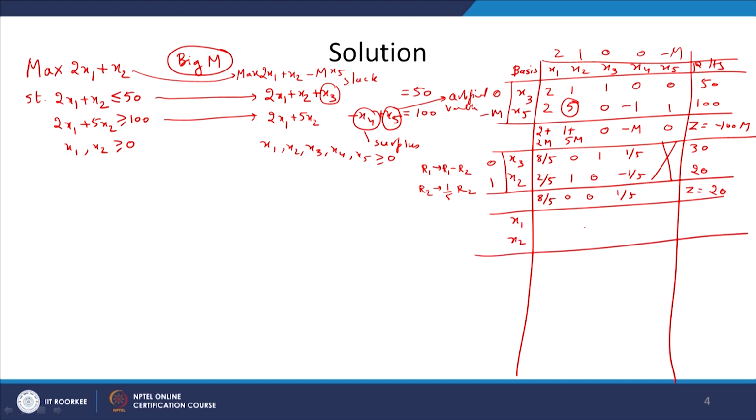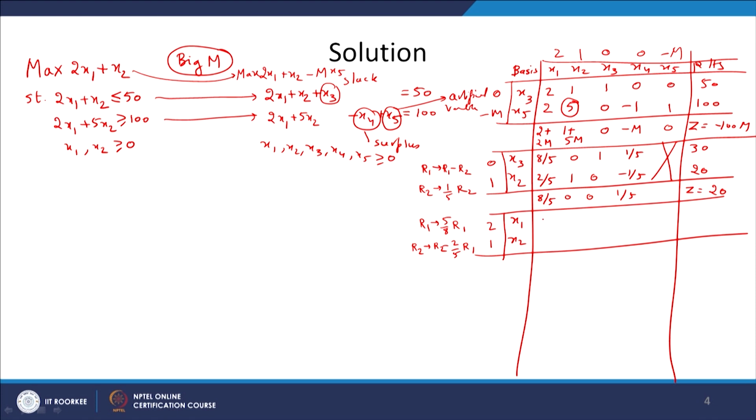So, I will leave this as an exercise how we decided that x1 should enter the basis and x3 should leave the basis. This is the normal way we have been doing. Accordingly, we will apply the elementary row operations as follows: R1 is to be replaced by 5 by 8 R1, R2 is to be replaced by R2 minus 2 by 5 R1,